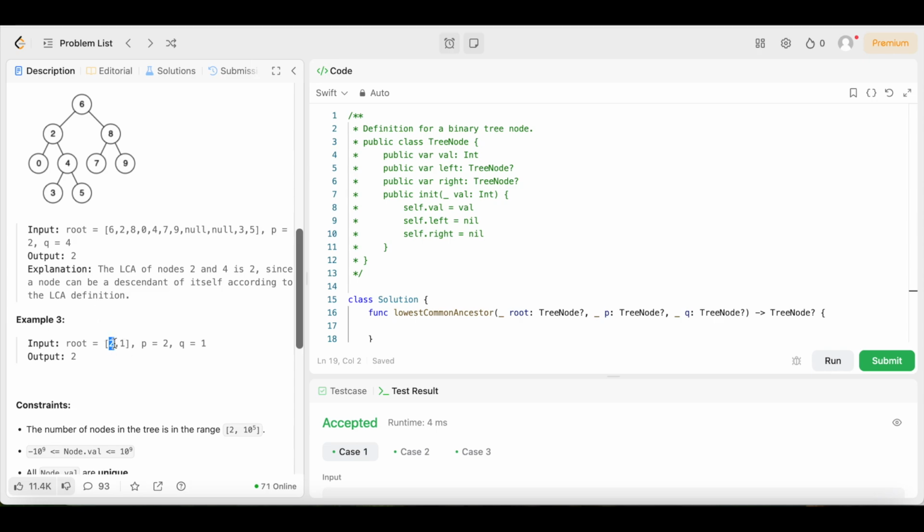That means 2 would be the lowest common ancestor because it's going from 2 to 1. Even though they don't have a picture to show us, they don't need one because it's only two nodes, and we know that 2 is the root. So that's why the output is 2. So now that we understand the question, y'all,